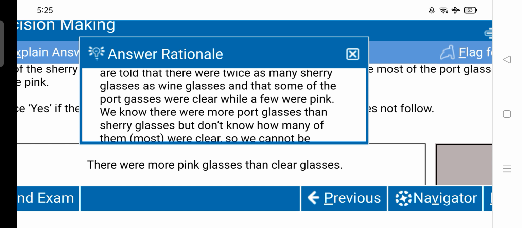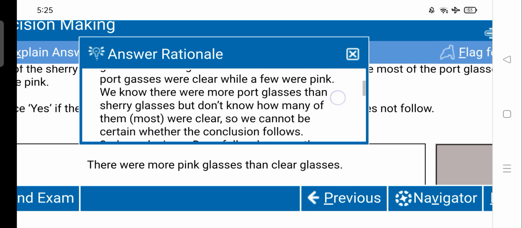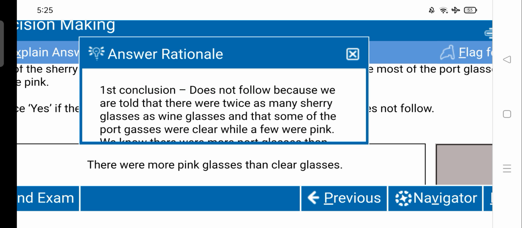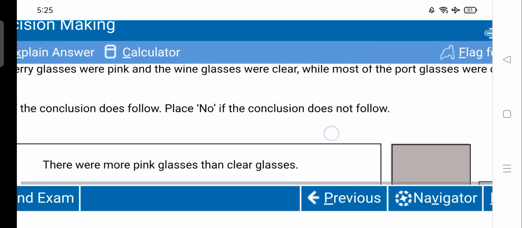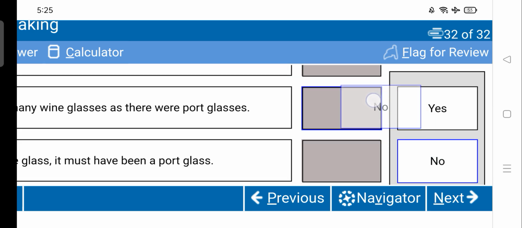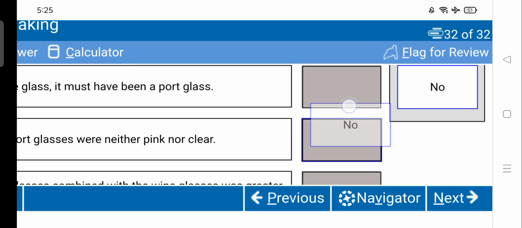We know there were more port glasses than sherry glasses, but we do not know how many of them were clear, so we cannot be certain whether the conclusion follows. So that's why we can say that the first conclusion does not follow the statement. So we will drag a no and drop it here